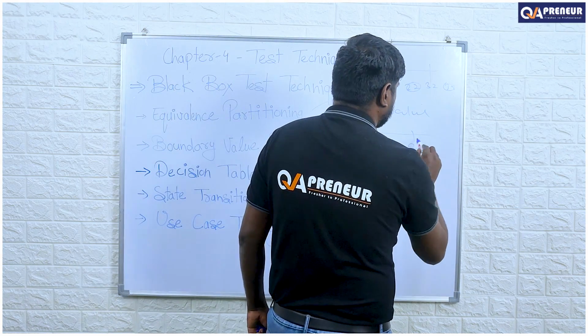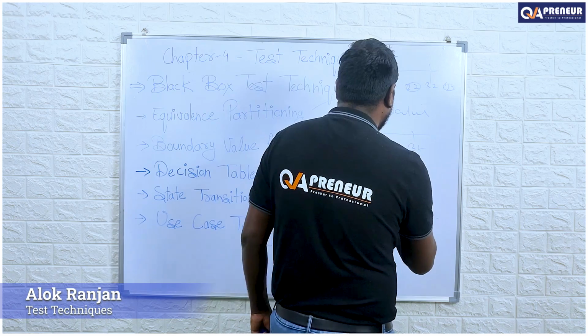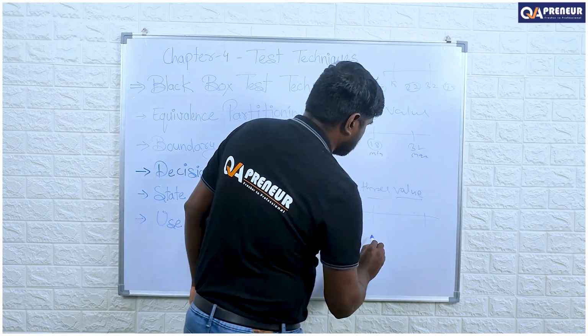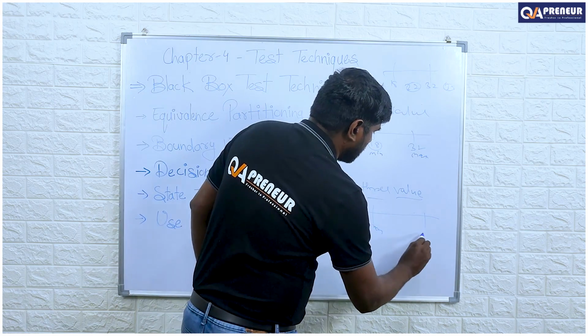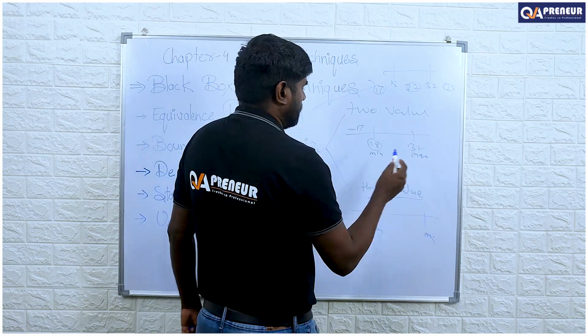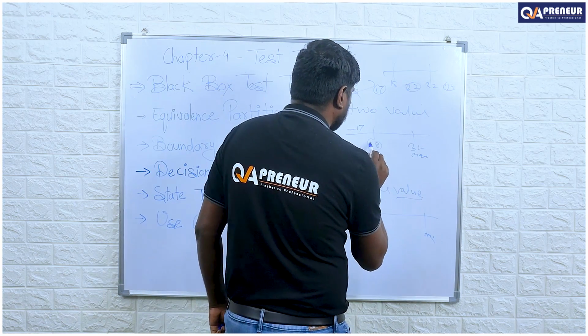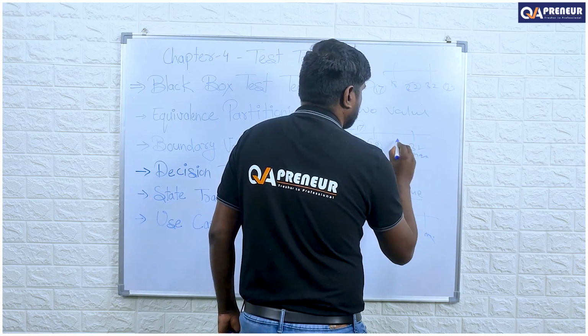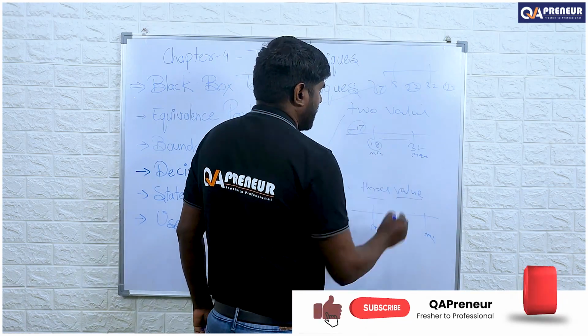Boundary value, 32 plus. I am considering this as the minimum value and this as the maximum value. So we have considered two values, minimum -1, that is 17, and 18. Any value in between, I have considered